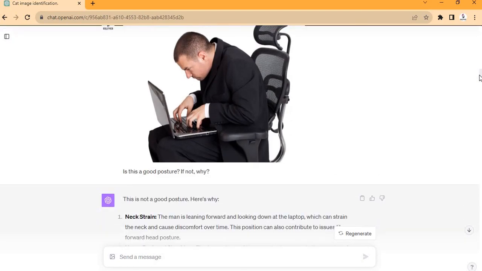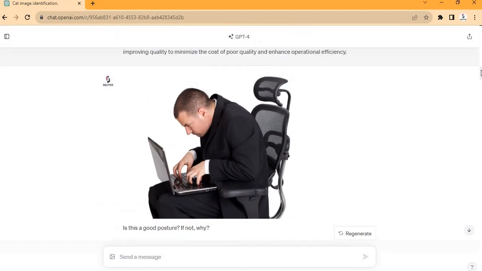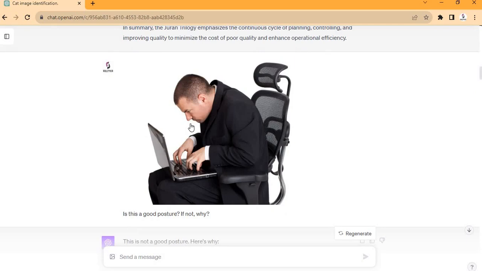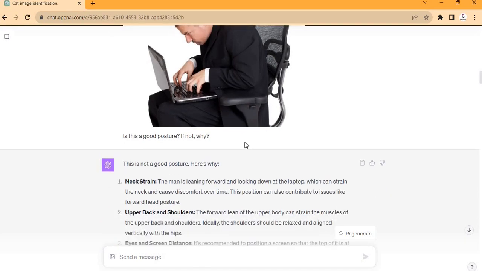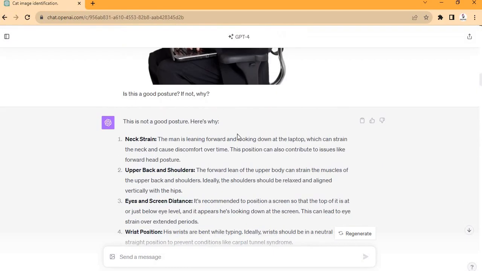Then I fed it another image of a person using a laptop in a not good posture. I asked it, is this a good posture? If not, why? So it told me this is not a good posture, and then it gave the reasons